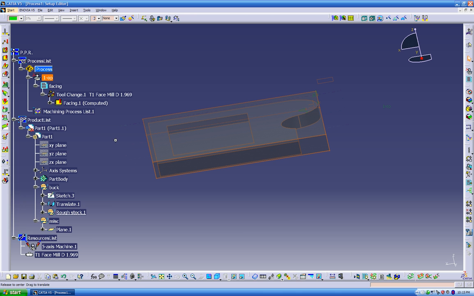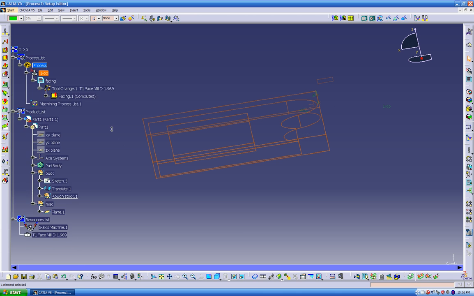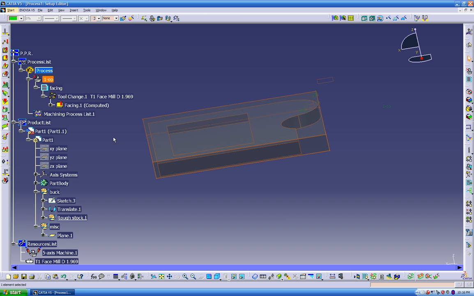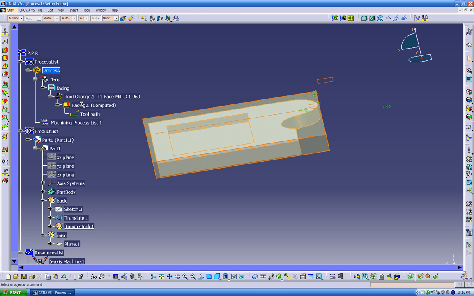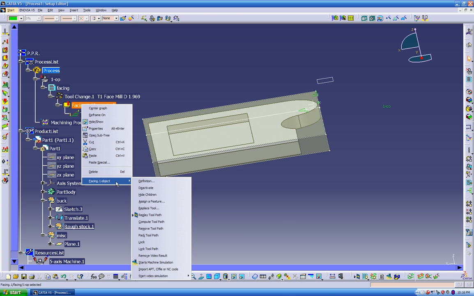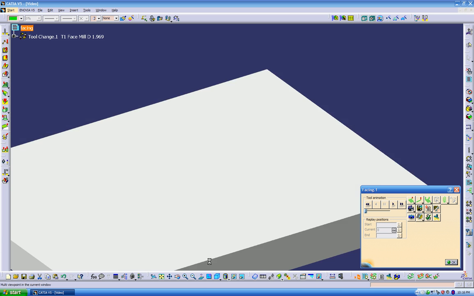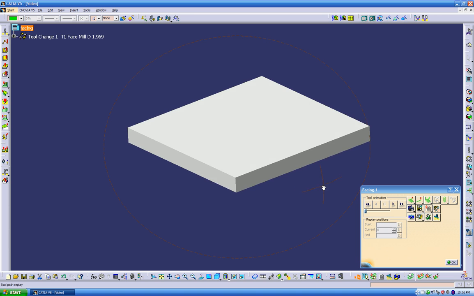So when this happens like this, that means we can zoom in and out on the tree. And if you click F3 again, we can bring it back to normal. And now we can right click in here, go all the way to the bottom, and then we can put start video simulation straight from here. You can put full video or from last result. We don't have any results right now, so you can put full video. See, right now we get the stock,